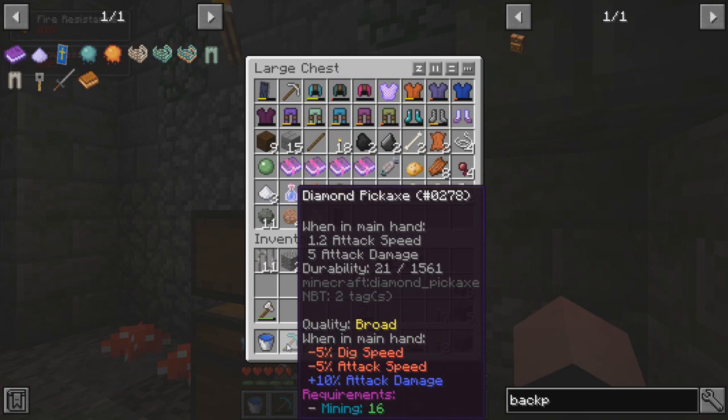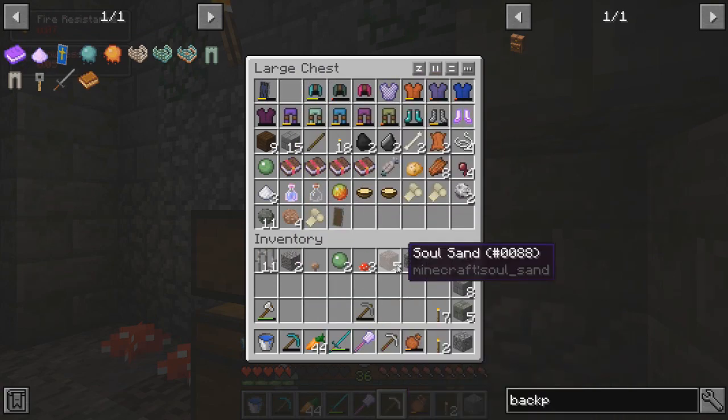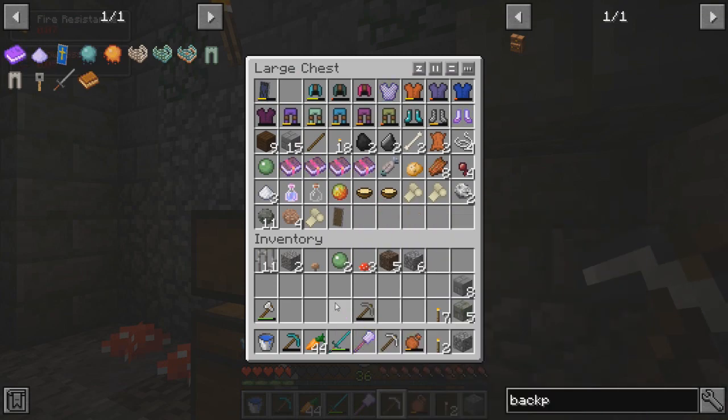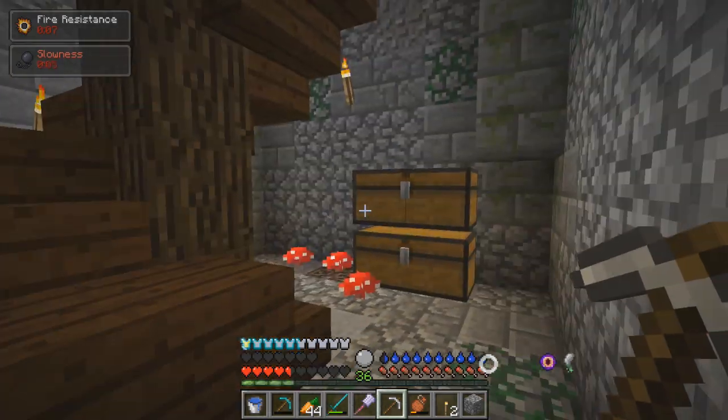It's got 21 durability left, so I want to go ahead and get that. Found myself an iron flanged mace while I was down here, so you can get some good weapons. And I've also got healing stuff that shows up down here. So as you get beat up and hurt, you can heal yourself, which is good because if I hit H,